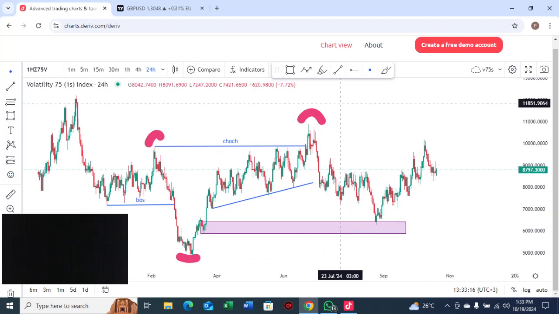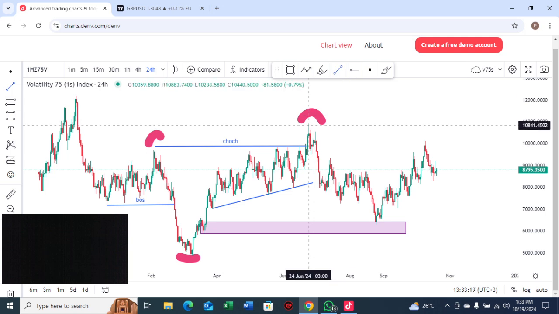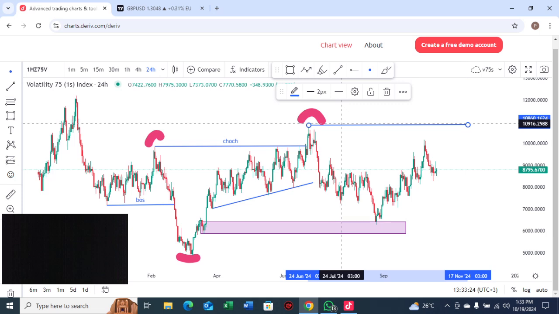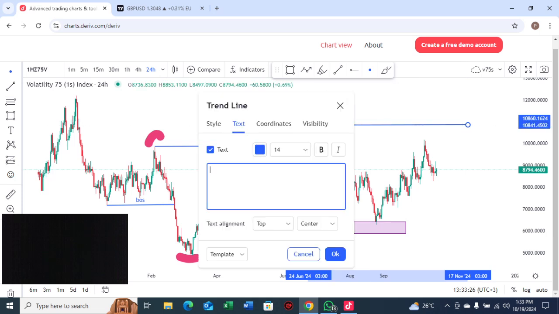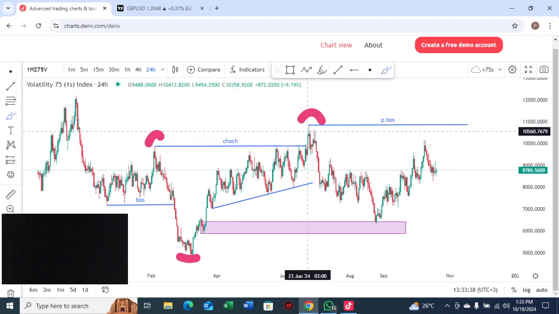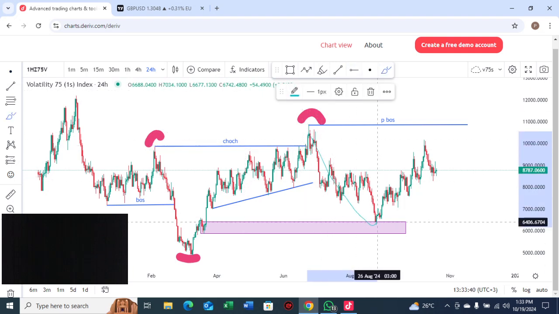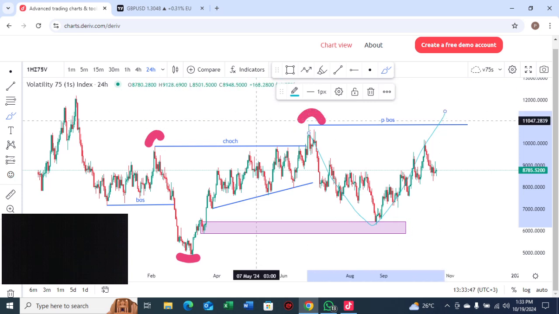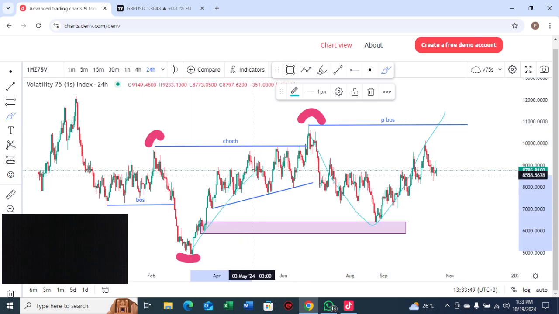Alright, so what do we expect? We are expecting a continuation now, since we had the reversal sign. In this case, I'll name this zone as our possible break of structure. Since this was a retracement, I'm expecting an impulsive move to happen, because as you know, the market moves in two phases, the impulse phase and the pullback phase. So the first one was our impulse,